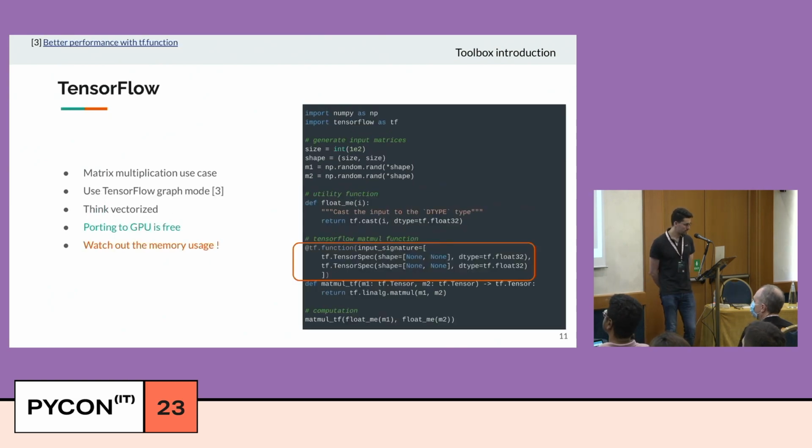Yes. The last idea that I wanted to show you is using TensorFlow to speed up your code. So the idea is that we want to use TensorFlow primitives. So we have to think vectorized, like in the NumPy example. But using only TensorFlow primitives, you are able to speed up all the operations and allowing TensorFlow to run